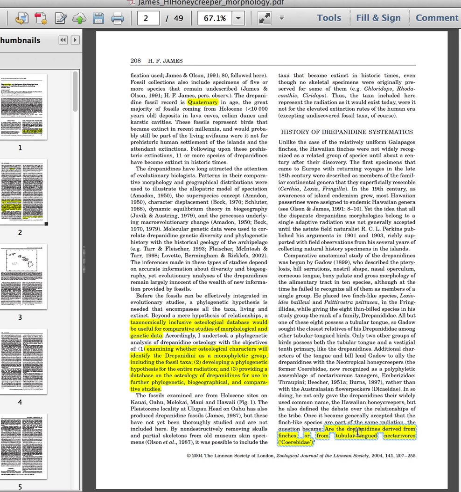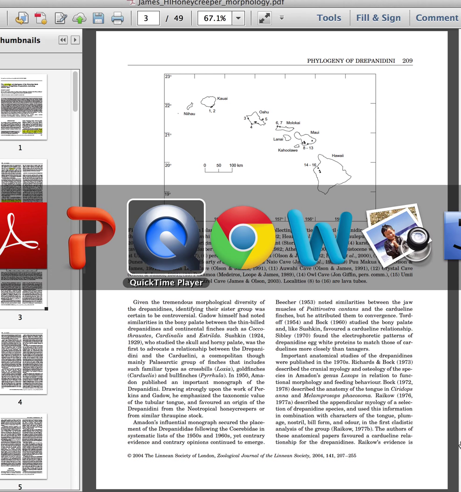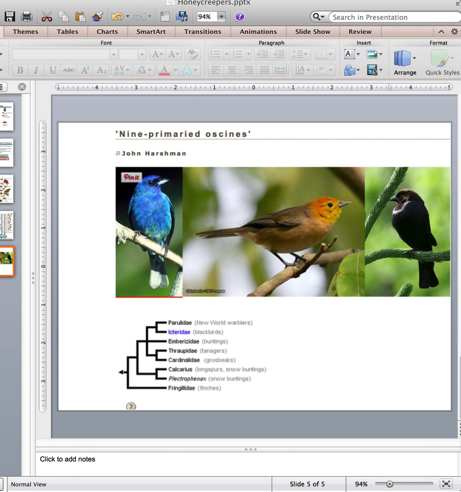I don't want you to spend a lot of time on this particular part about finches versus neotropical honeycreepers. You could make a short list just to see what types of traits suggest a relationship with finches versus honeycreepers, but don't spend a lot of time on that. She's going to talk about the idea of melanodreps and chlorodreps. I actually colored this on her phylogeny for you, so you could